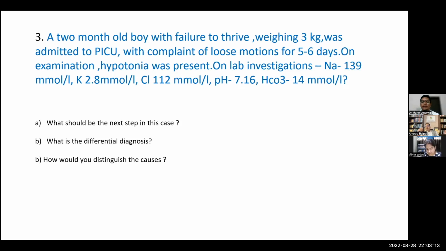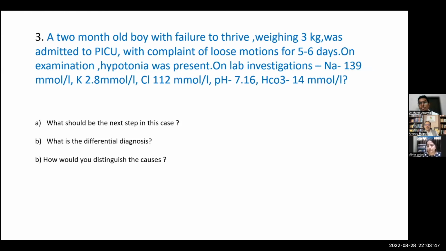So normal response, Dr. Vibha, in acidosis is what in terms of the urinary anion gap? So normal response, basically in the acidosis, the body has to excrete the acid. Yes. And the ammonium production will be more in the form of ammonia. Exactly. Yeah, and urinary anion gap will become positive. Sorry, negative. It is negative. So negative anion gap will really give you the right diagnosis in this scenario.